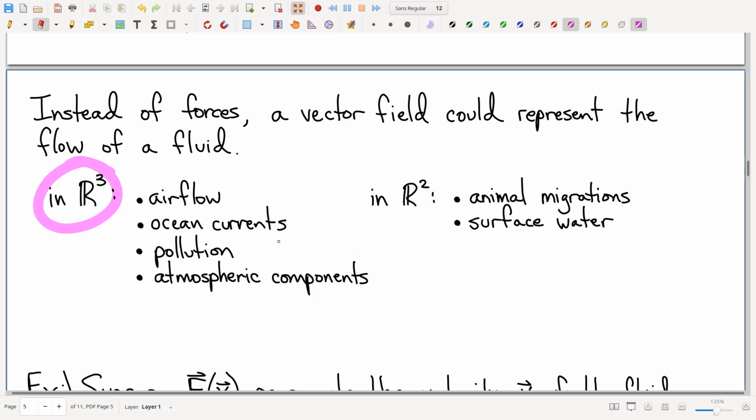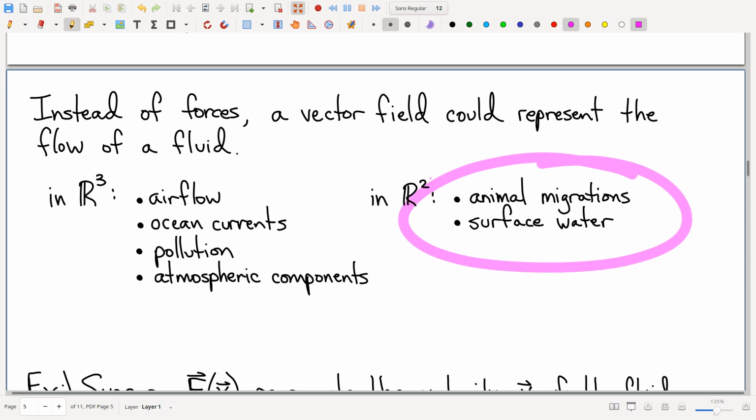Okay. Now, we live in the three-dimensional world, of course, but we also live on a two-dimensional surface. Right? The surface of the Earth, approximately. Maps are two-dimensional. So things that are moving around on the surface of the Earth, it's pretty natural to think about as two-dimensional vector fields. So I like the one with animal migrations, and a lot of people will complain that, wait a minute,